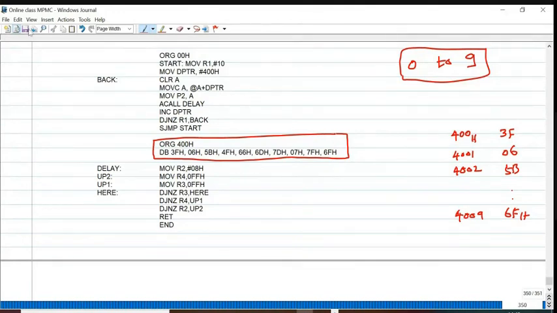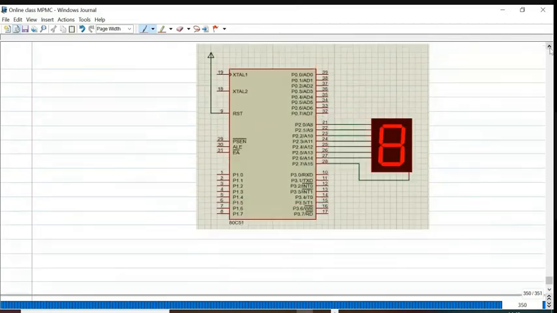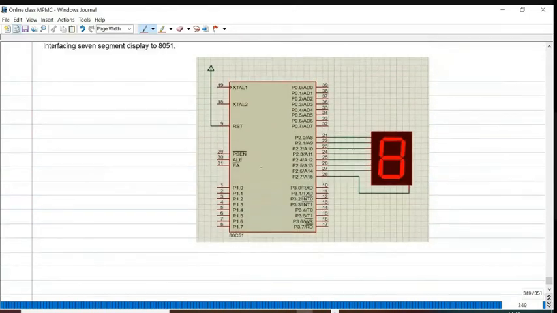Next, connect your display. I am using port 2, and I also kept P27 always 0. The common cathode should be grounded. You may connect a ground signal or connect with P27, which is also kept at 0 only.